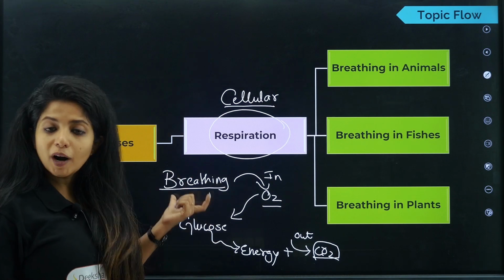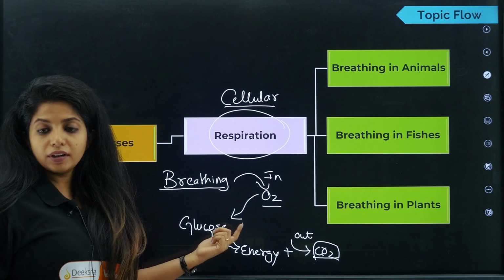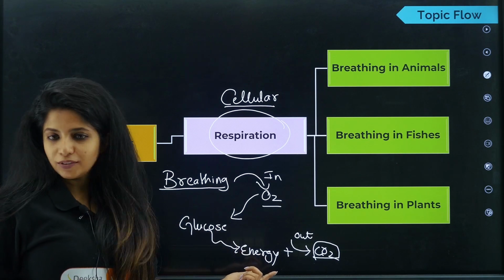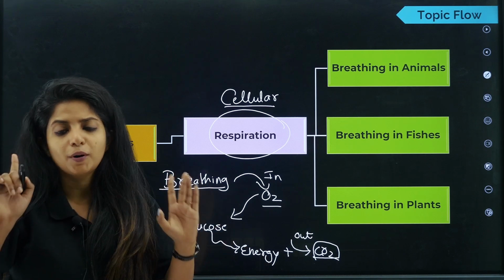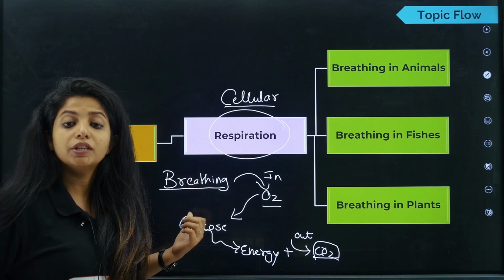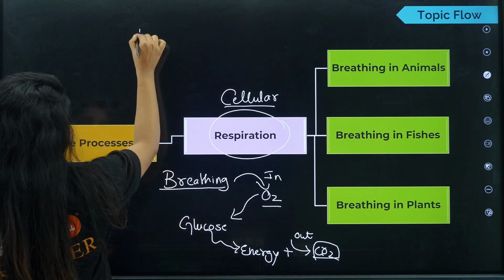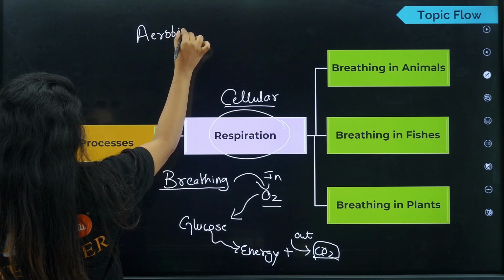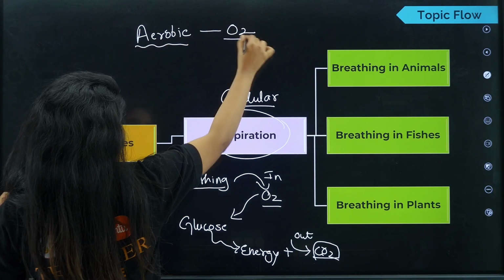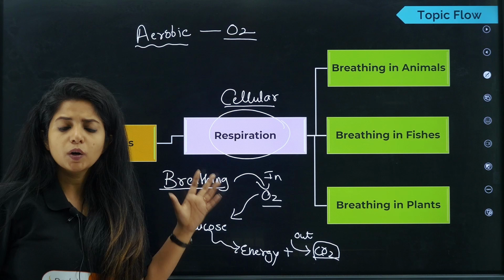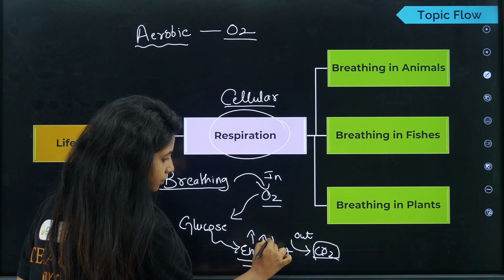So if you do not breathe, you do not get oxygen. If there is no oxygen, can the food get broken down to energy, children? No, it cannot. Actually, it can be. There's a different form of it. One very important thing: when you need oxygen for the breakdown of food, this type of respiration is known as aerobic respiration. When aerobic respiration happens, there is too much energy formed.